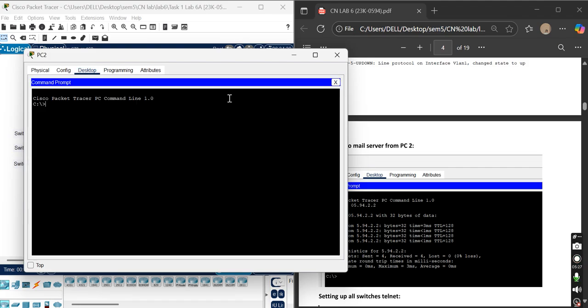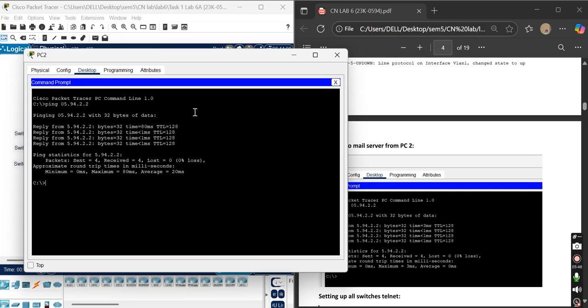Let's open the command prompt. We'll type ping and the IP address of the mail server, that was 0594.2.2, and let's see if our connection is successful.